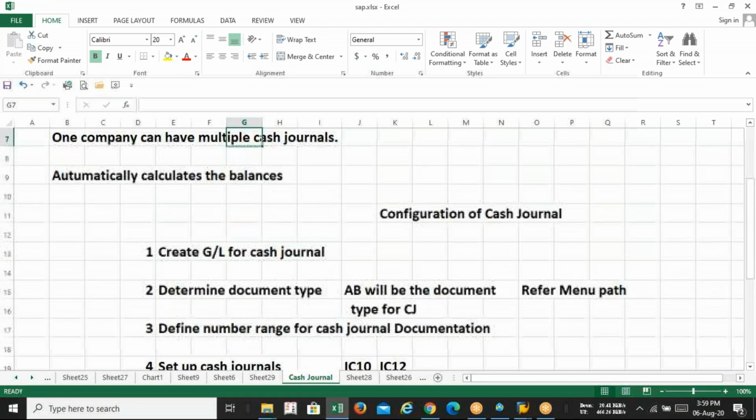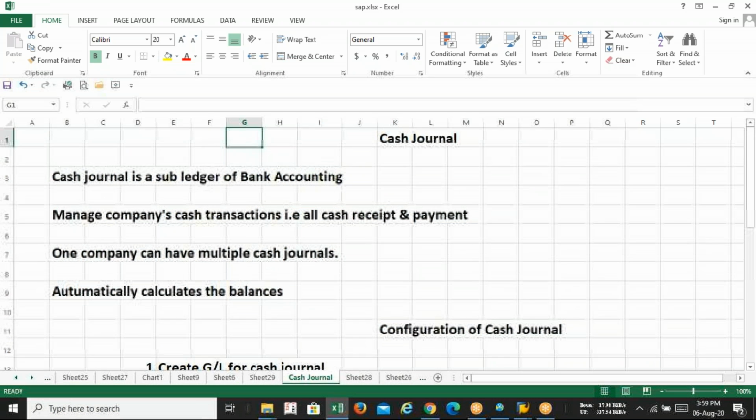Have you understood the meaning of cash configuration or cash journal in SAP? Yes, no? Today we are going to see how we shall make the payment via cash, making payment to the vendor or taking the amount from the customer. Today's class is all about the cash transaction configuration. Is everyone getting my point? Yes, no?